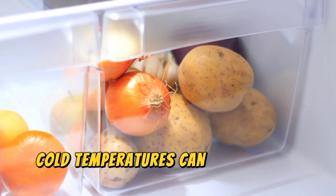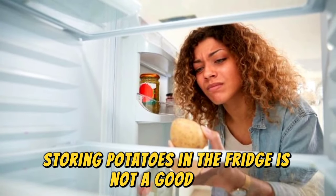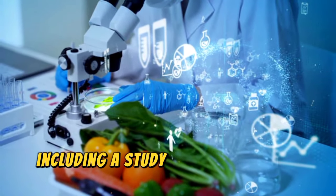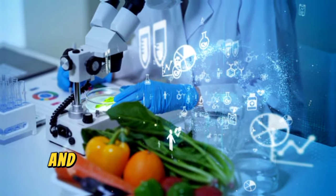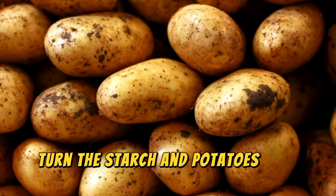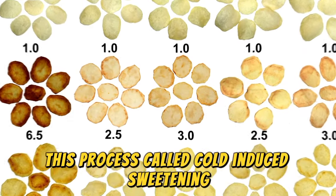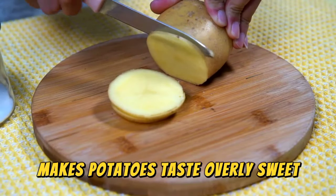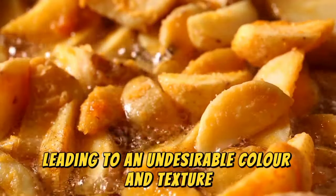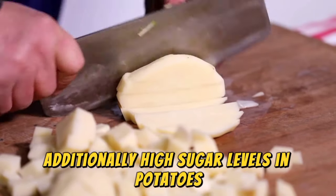Cold temperatures can break down the starches. Storing potatoes in the fridge is not a good idea, and science backs this up. Research, including a study in the Journal of Agricultural and Food Chemistry, shows that cold temperatures turn the starch in potatoes into sugar. This process, called cold-induced sweetening, makes potatoes taste overly sweet and affects how they cook, leading to an undesirable color and texture when fried or roasted. Additionally, high sugar levels in potatoes can cause